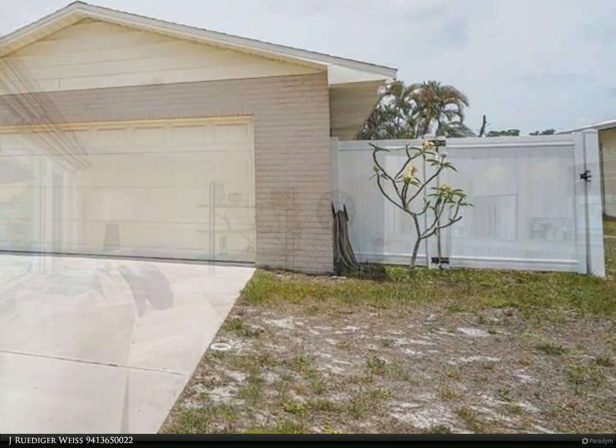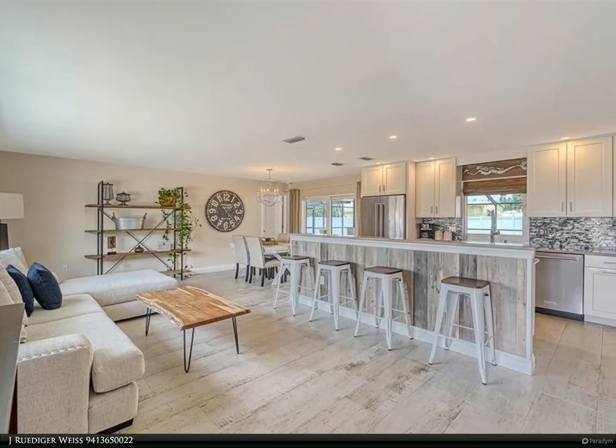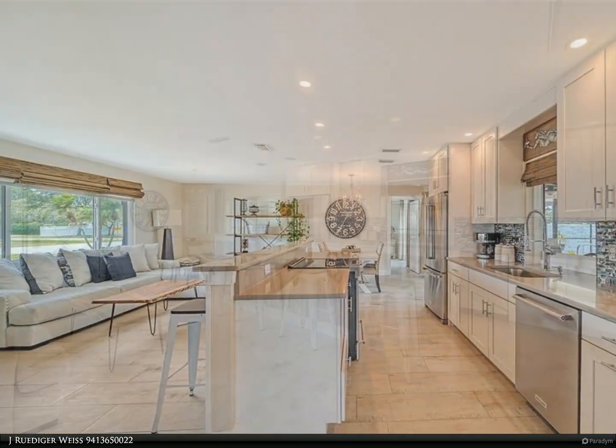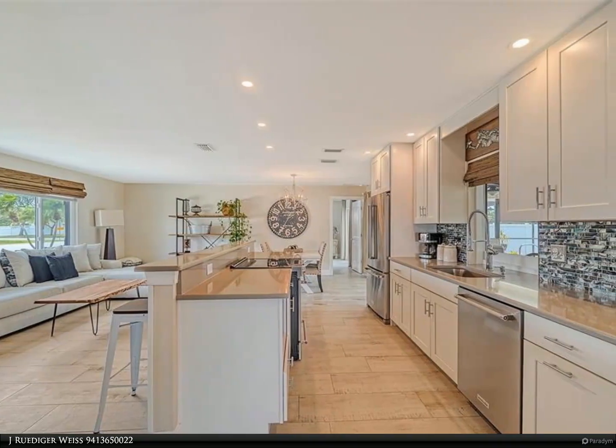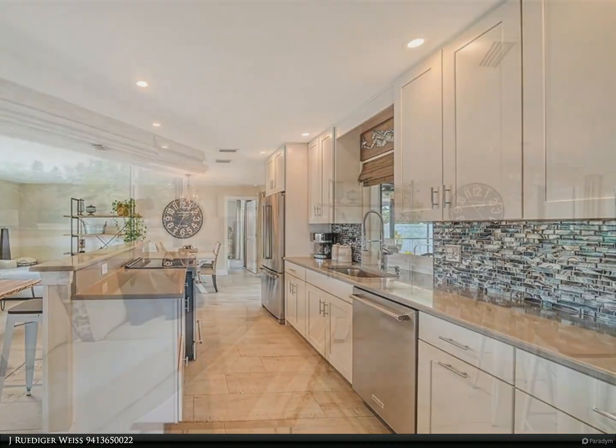Rudiger Weiss. This home has everything: location and a great open floor plan. It offers 3 bedrooms, 2 bath, 2-car garage and a fenced backyard. Upon entering the home, you will find a nicely updated home with all bells and whistles, ready to enjoy the